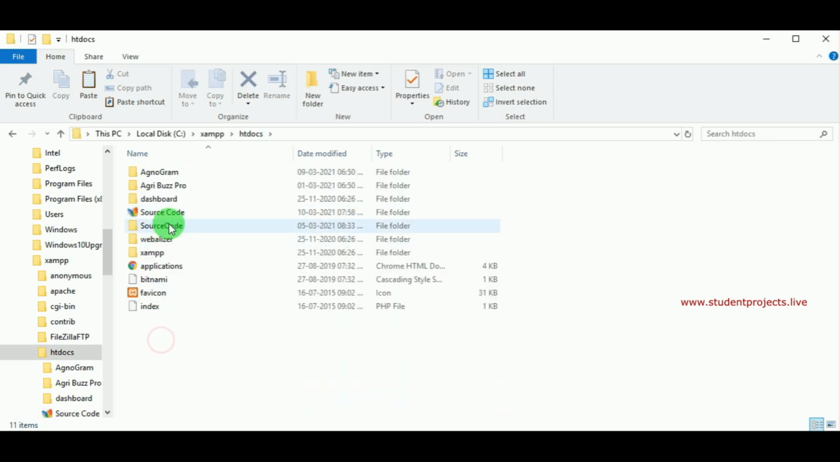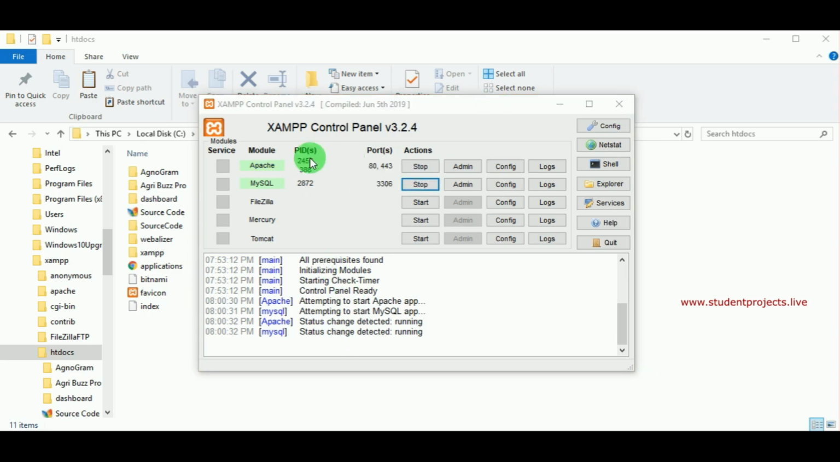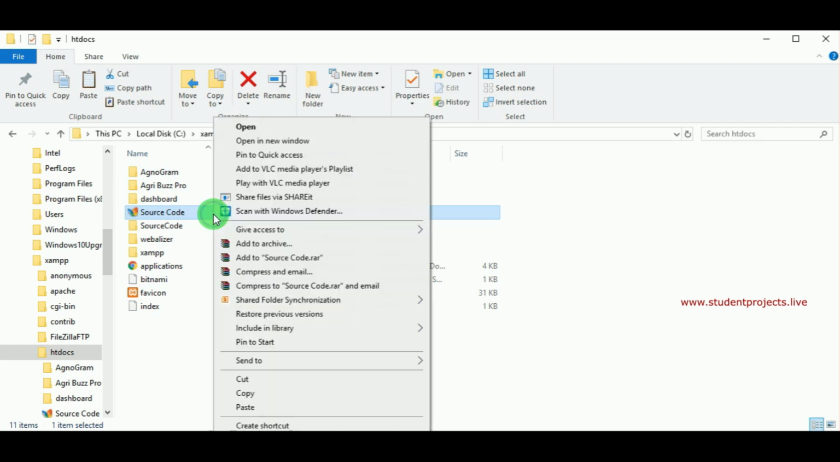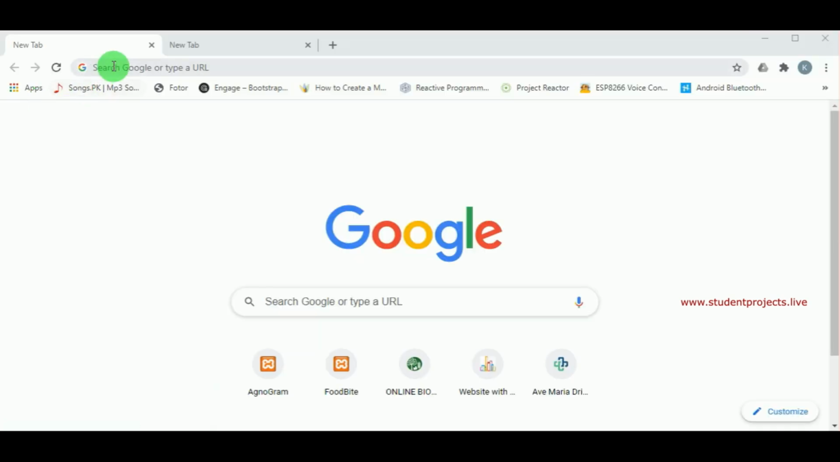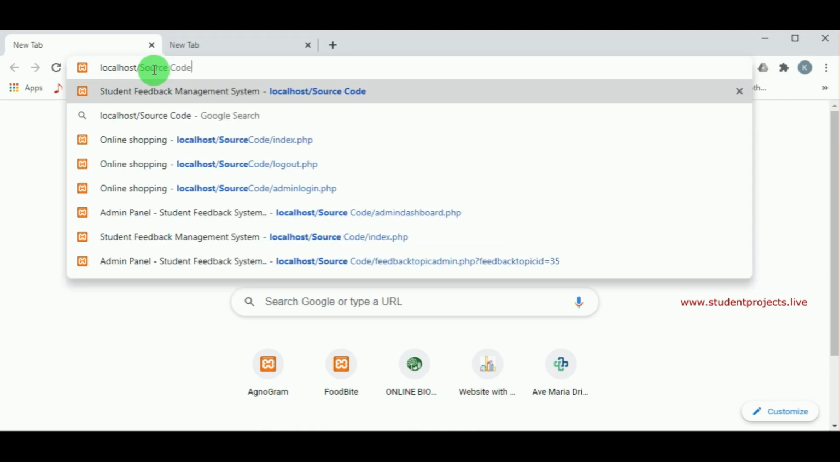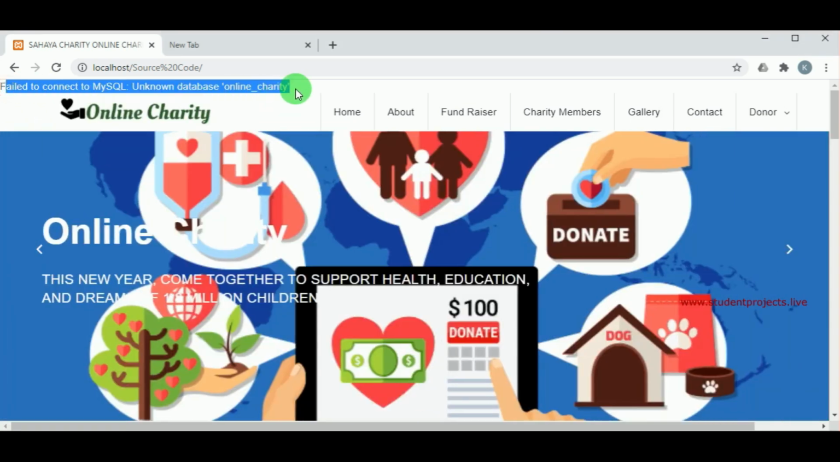Now let us open XAMPP control panel and start Apache and MySQL server. You can see that Apache and MySQL server is running. Now let us copy the name of the folder source code. Let us open the browser and type localhost / and paste the name of the folder source code. This is how we will execute the project, and you can see failed to connect to MySQL because we have